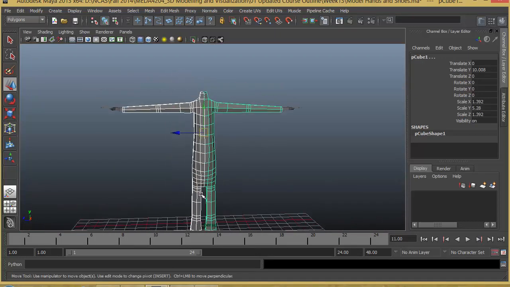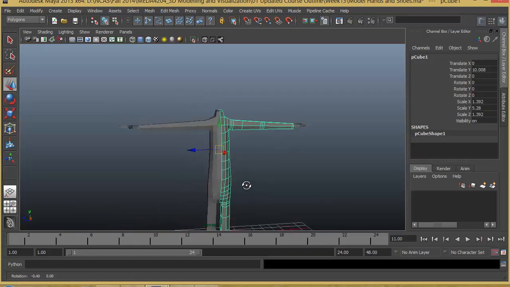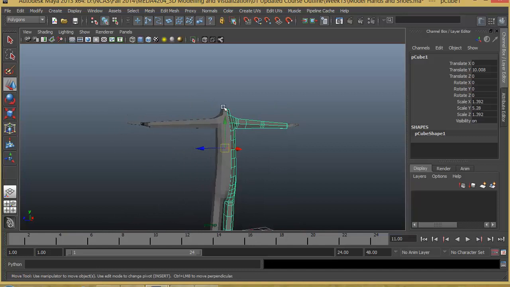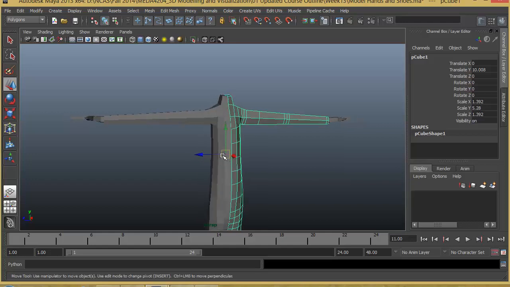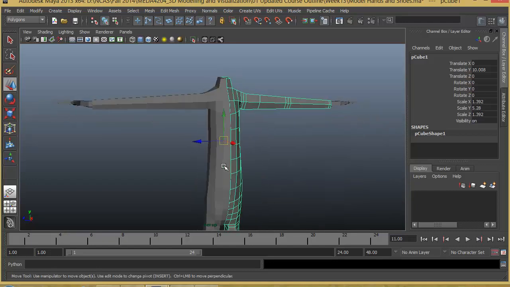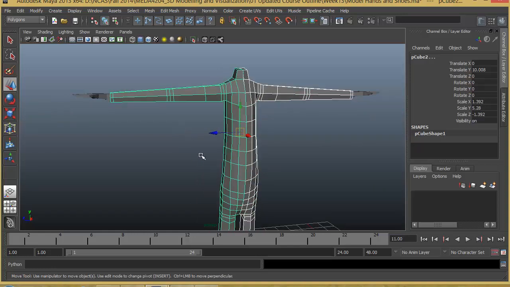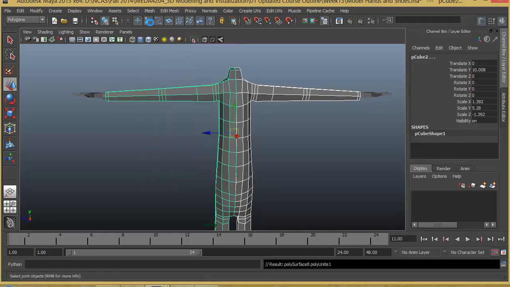Now, if you don't want to have the different colors in different places, you can just UV texture one side, and then when you make a duplicate, it will just maintain the same UVs on the other side, meaning that anything you draw in one side will be shown in the other side. But this is not common for all the cases, because sometimes you might have a cloth that has got a different design in one side and different design in another side. So most of the cases we will have to combine these as one single object, and then we can start the texturing process. So I'll go ahead and combine this by selecting both of them and going to Mesh, Combine,